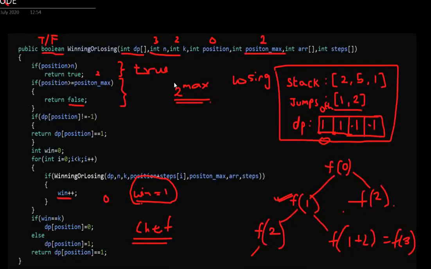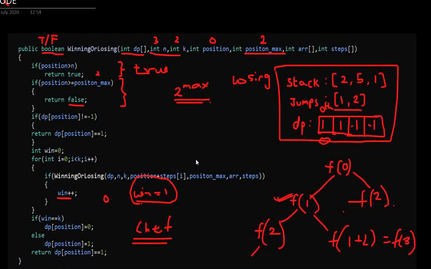Okay, so let us now try to assess the time complexity of our given problem. Over here we find out that the time complexity is big O of n times k. So let us see why we get this time complexity. Moving back to the code, we can check that when we had passed the 0th index, we were running a loop k times. So for the 0th index, we were calling k elements in the worst case. Since the size here is 2, the 0th index is calling 2 elements. Now again the first index is going to call 2 elements, and also the second index is going to call 2 elements if the result is not memoized.